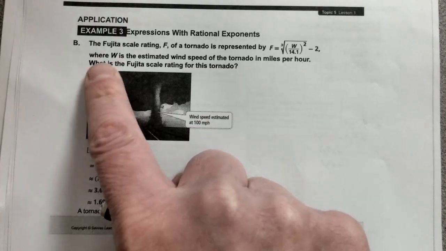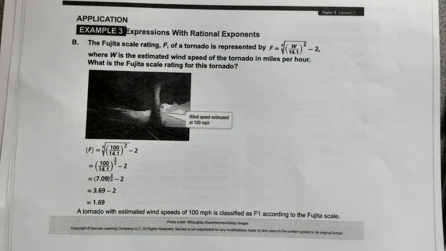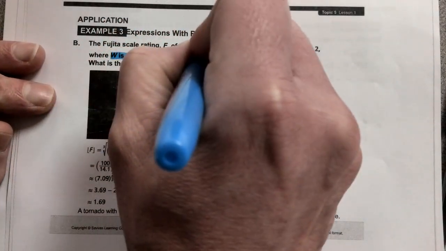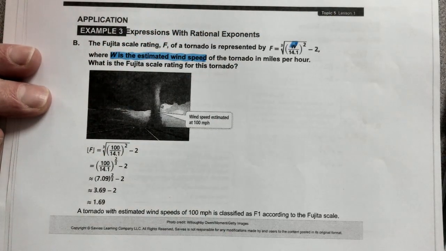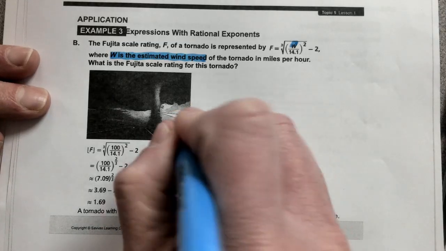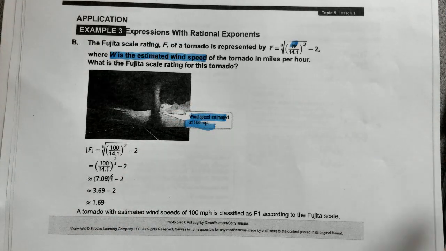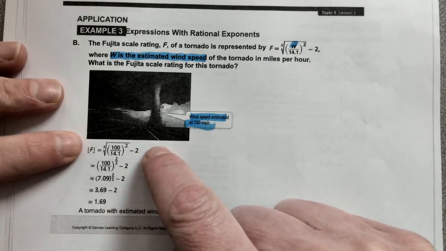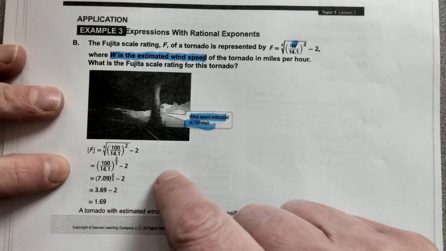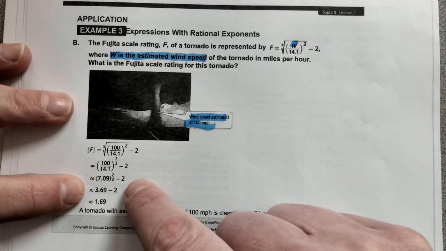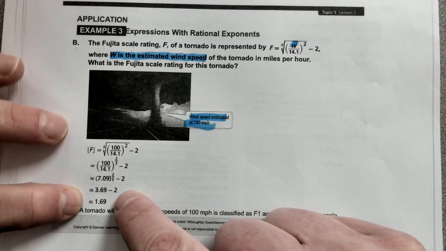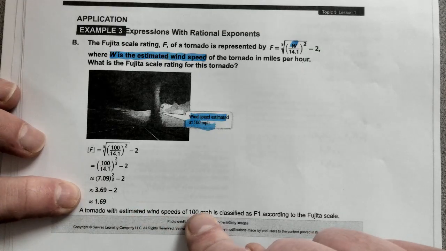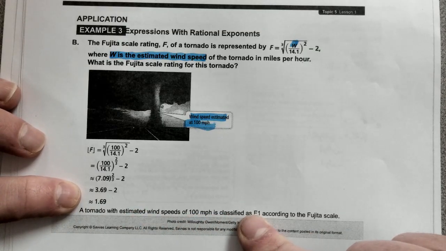So, since W is our estimated wind speed, and W goes here in the formula, and they gave us a wind speed of 100 miles an hour, I'm going to take that 100 and plug it in for W. Oh, they did it for us. Great. And then they simplify, and simplify, and simplify, until they get 1.69. What that means is that a tornado with wind speeds of 100 miles an hour is classified as an F1